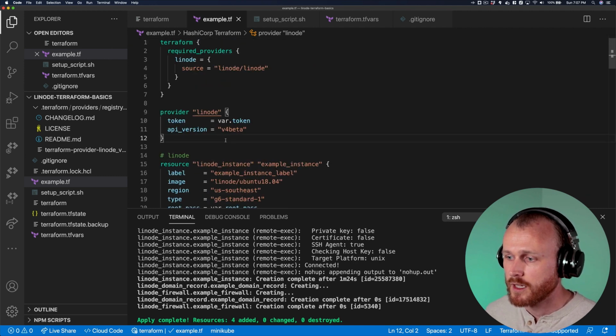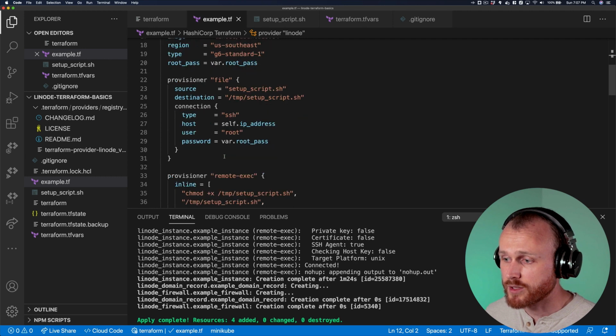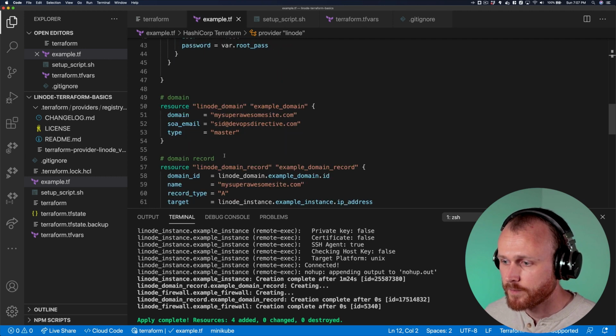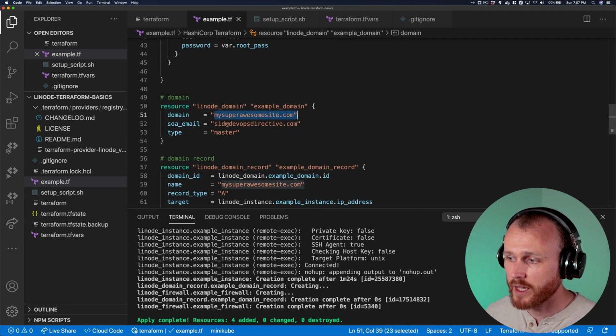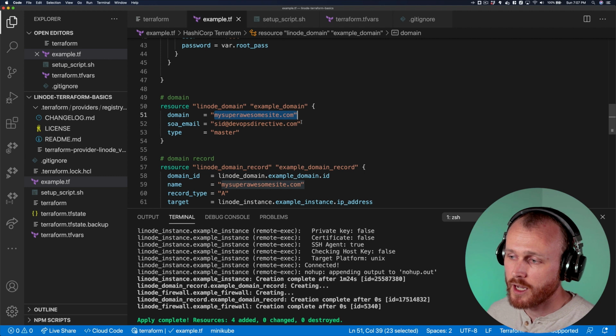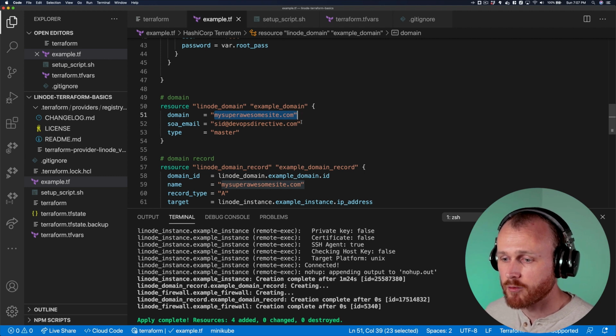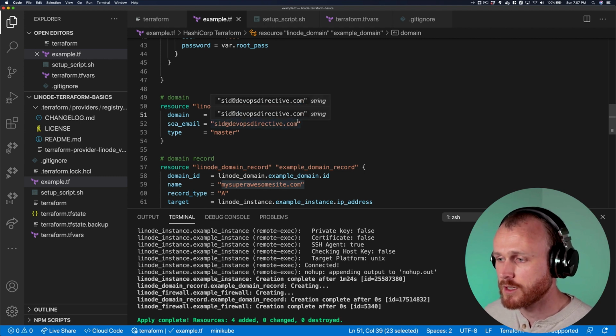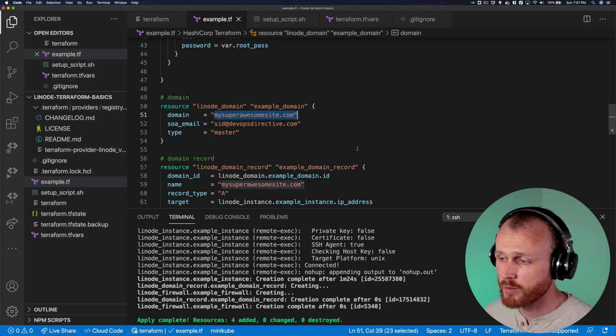So for example, let's say we just parameterized our domain so that we could put a different domain here. That would allow us to spin up a separate web server automatically and point it to a new domain using a reusable module. So that's a good feature to look into if you want to take your Terraform configurations and